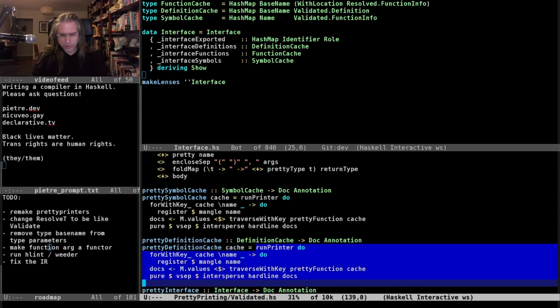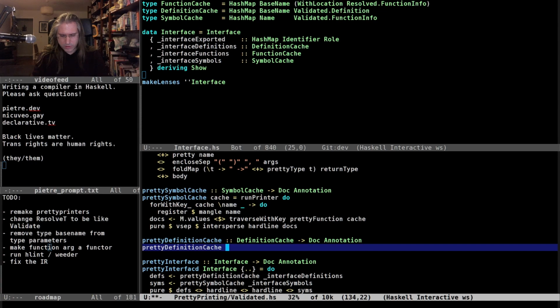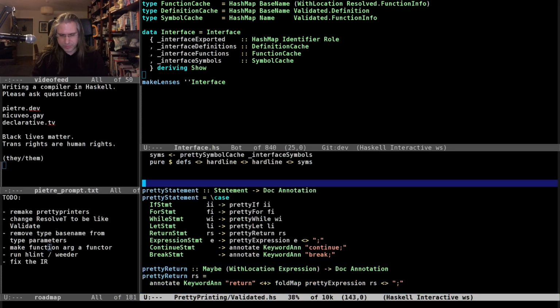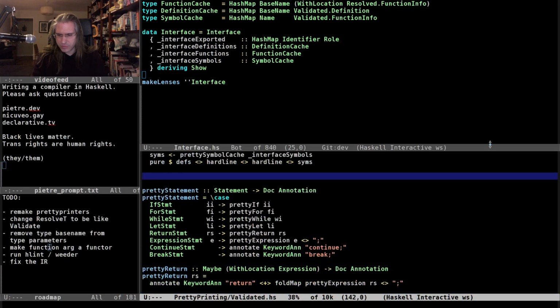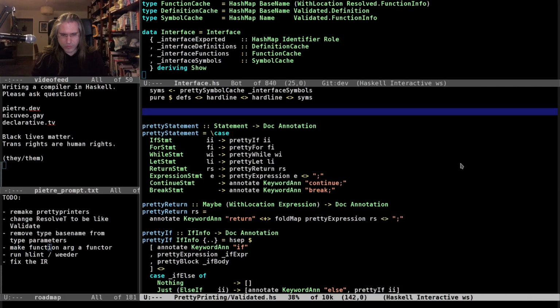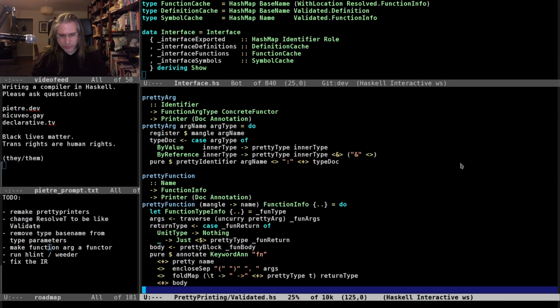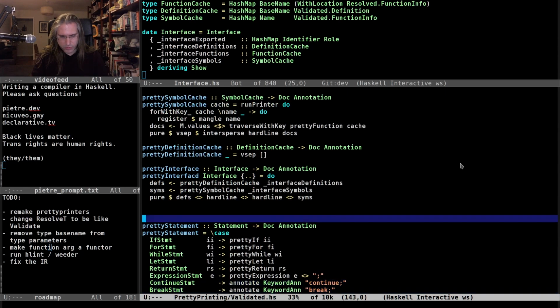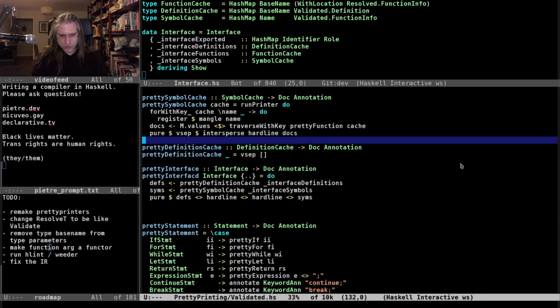For now, this is going to be just a vsep of an empty list, and we'll go over that later. Because I have the thing that prints a function info, perfect, which is the basis for printing a symbol cache.